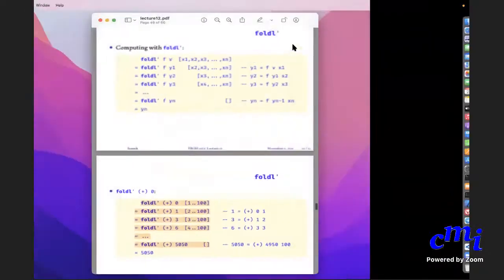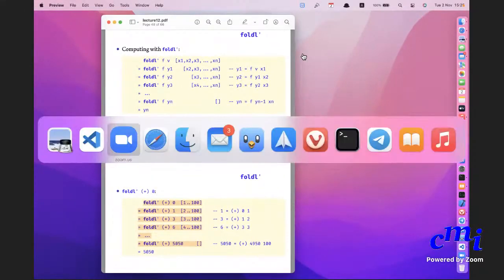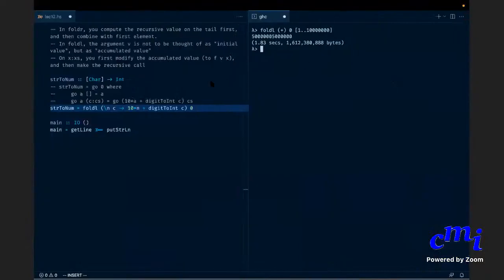So if there are any questions, you can please ask now. But I hope you have some basic understanding of foldl and foldr. Foldl and foldr you can easily use. Foldr is to be used for the normal recursion pattern. Foldl is to be used when you want the accumulator kind of pattern. Sometimes if you want a more efficient version of foldl, you use foldl'. So these are the three things that you need to remember, and it is good to try to use these folds as much as possible.